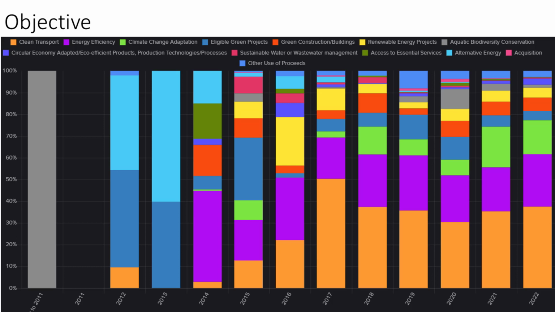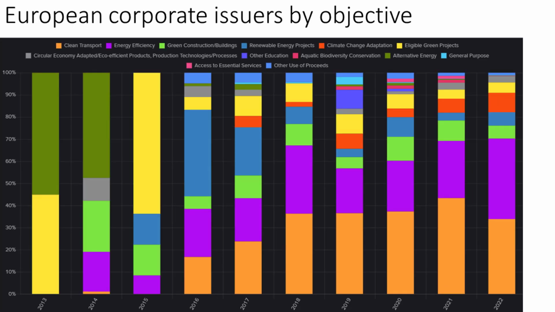And still we have some alternative energy and acquisition. Okay. So let's see, after mixing together the different issuers, so sovereign and private issuers, what is happening exactly in the European market and in the case of corporate issuance if we are focusing on the objectives at the continent. So even Iceland was added and even Brexit land, so Great Britain, was also added to this sample.